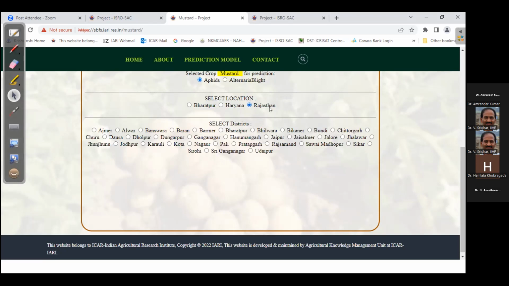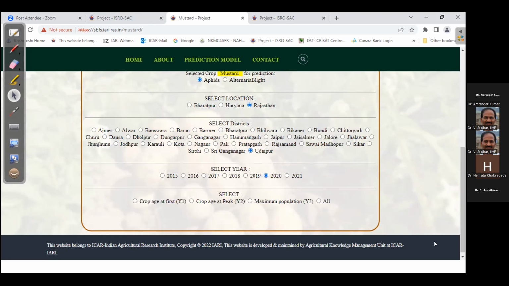But now if we choose the Rajasthan data, all our districts from Rajasthan are there. So if we choose any of the districts, it will tell us the model. So in the backend,